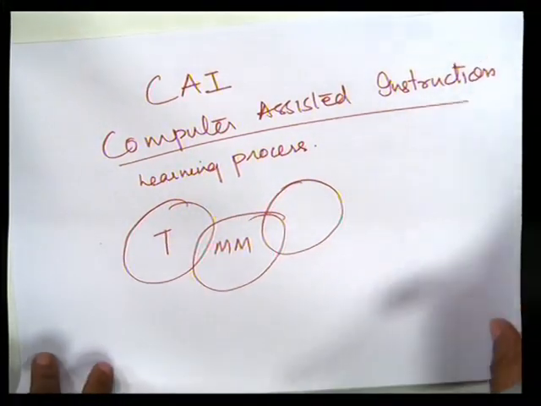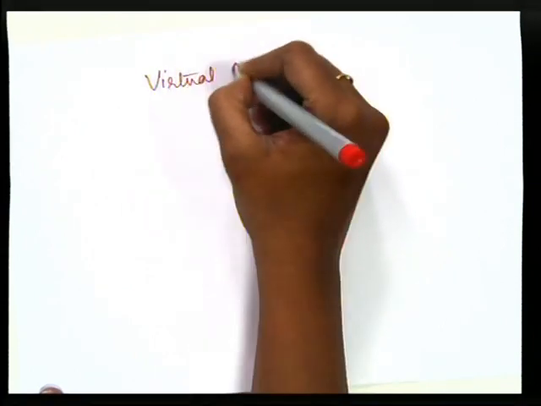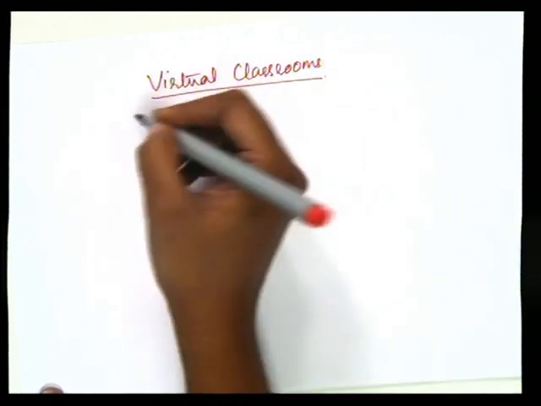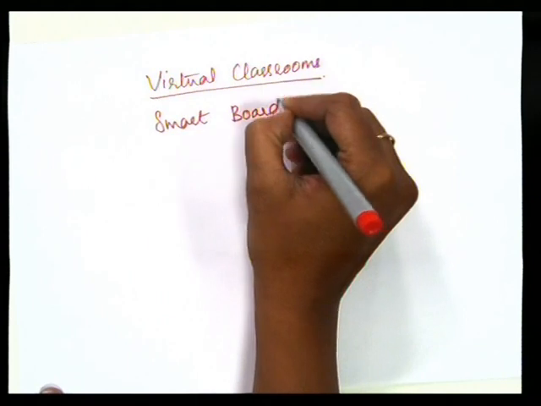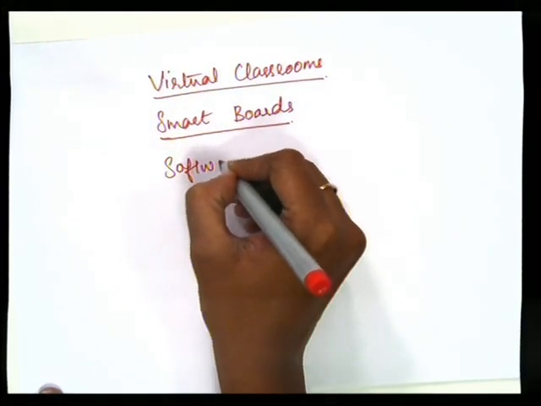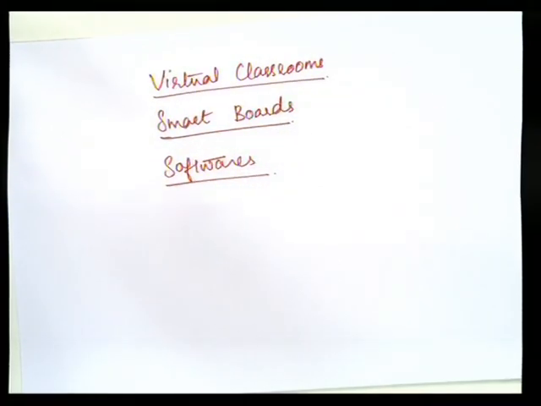Fine. The other process that is like CAI, then you can have virtual classrooms, the use of smart boards, the use of softwares. Fine. So these are the latest multimedia things or the latest innovative ways of teaching to make class more effective